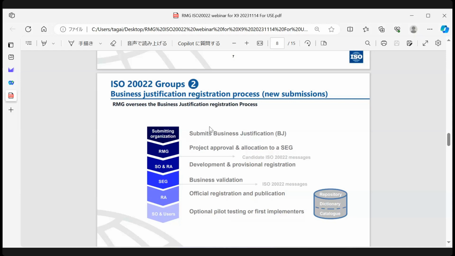And most recently, from this year, we have an API resources SEG, which cuts across all business domains, and there's an appendix at the end. If we have time, I can run through it, which shows which SEG covers which business domain and how many messages they're looking after. And then the key role of the SEG, the standards evaluation group, is to really